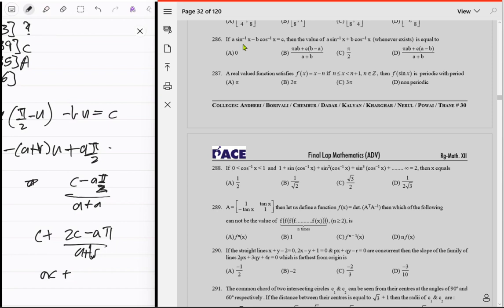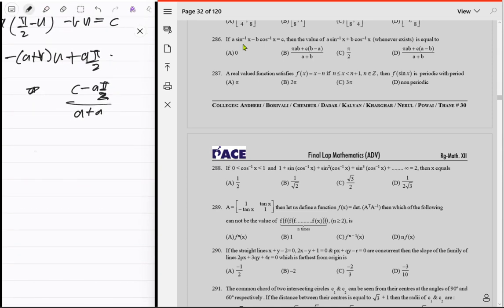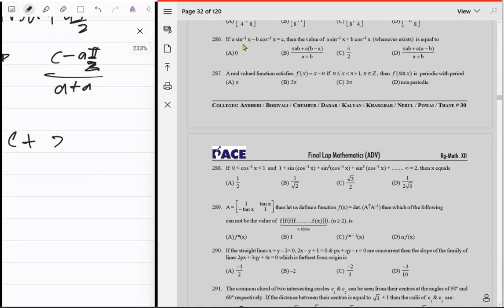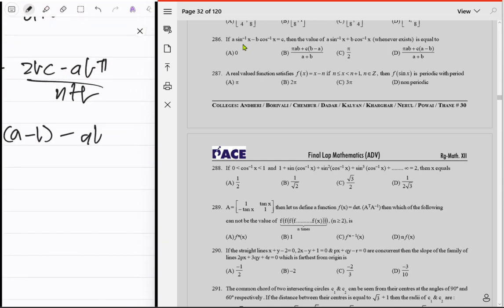Am I going crazy? Oh, okay. Actually, it's B cosine inverse of x. So we actually want B times of u, 2 times of it, right? Okay, that's the thing. So you want not just 2 times of this, but 2B times of this. So actually what do we need? C plus this thing, which just becomes C times of A minus B, and minus AB pi upon